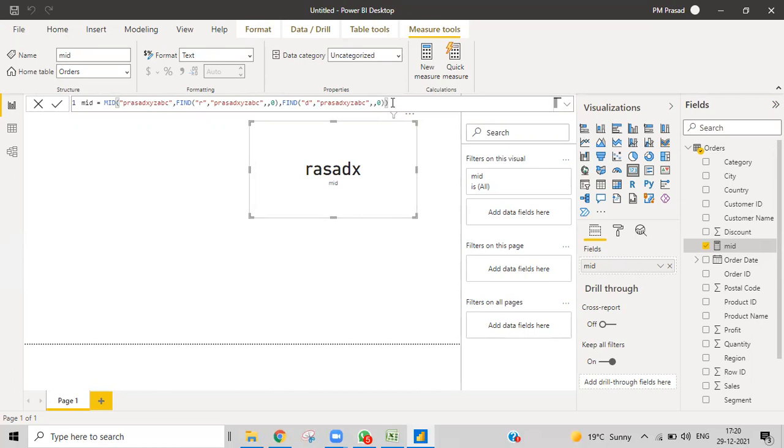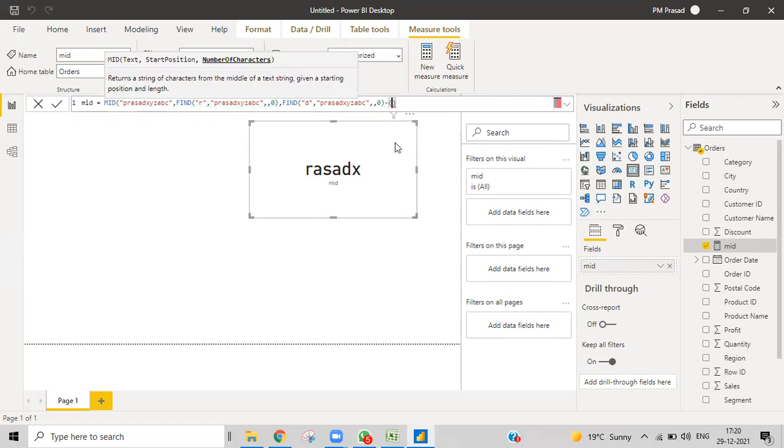What we need to do then is again Control C, minus, Control V. This one.